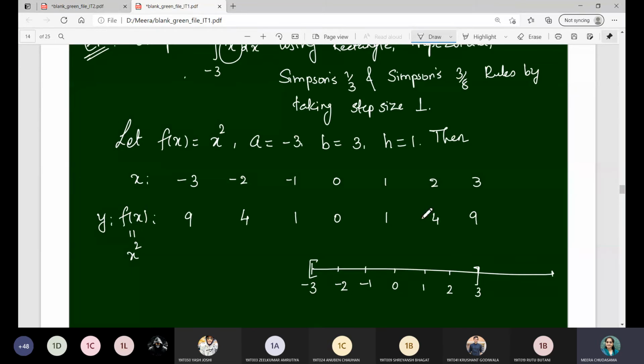So now how many total data points are we given? How many subintervals do we have? So can we apply Simpson's 1/3 rule? Can we apply Simpson's 3/8 rule? I am asking you the question. Give me the answer. Which rule will not be applicable? Simpson's 1/3 and 3/8. Is the rectangle rule applicable, yes or no? Yes. The trapezoidal rule will also be applicable because there is no criteria.